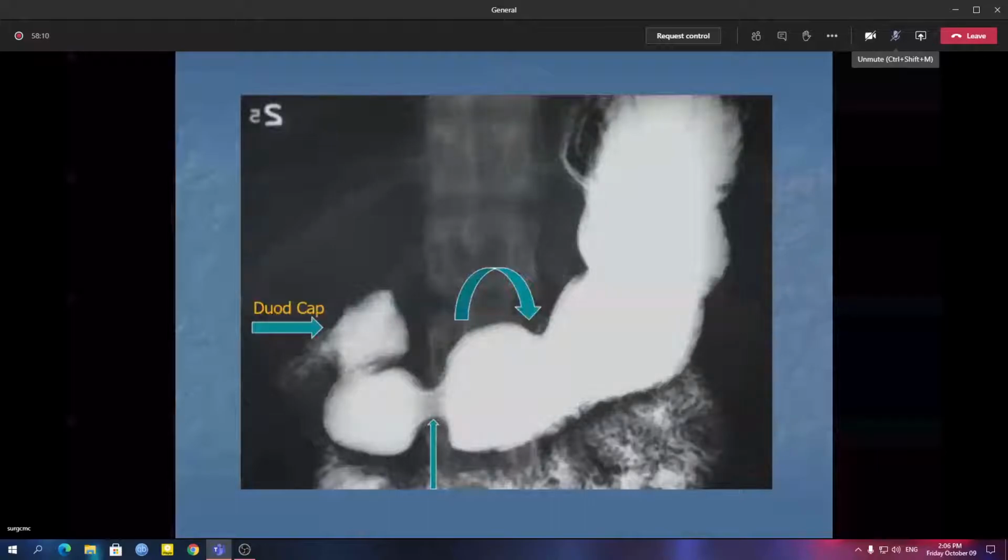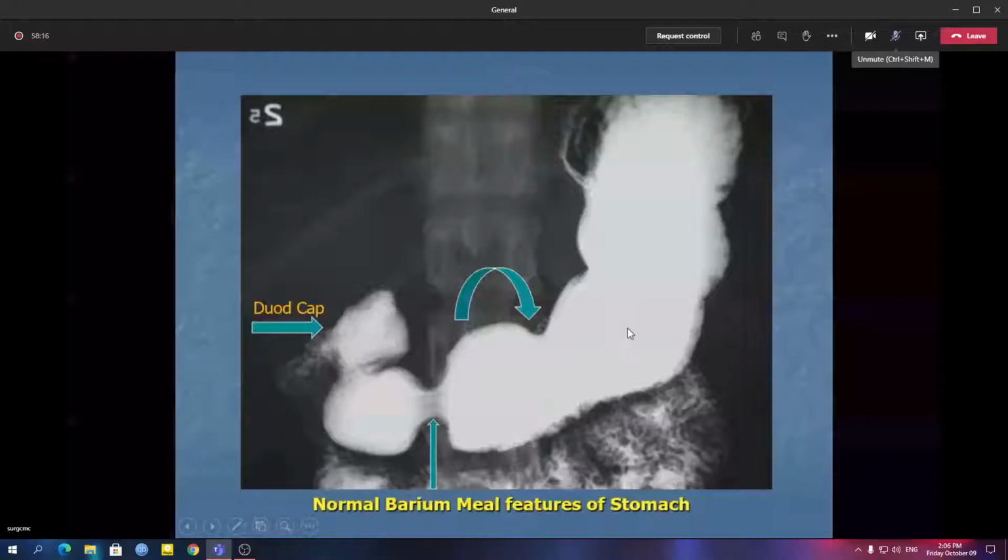Some important entities are mentioned every time. The dye is well within the stomach, and there you can see a trifoliate thing at the end of the stomach, which is known as duodenal cap. This triangular thing is a feature of normal duodenum first part when you are doing a barium meal study. Now in a case of chronic duodenal ulcer, this triangular beautiful thing is destroyed. It becomes distorted. So distorted duodenal cap is a feature of peptic ulcer disease, or more specifically chronic duodenal ulcer.